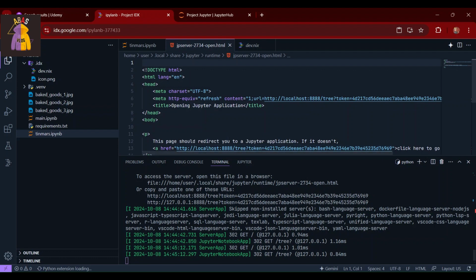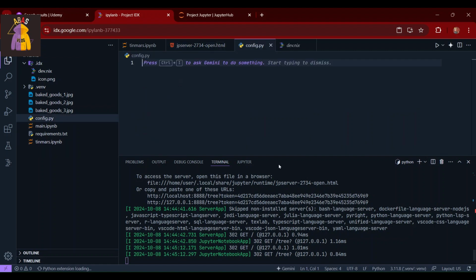So I'm going to create a file here which will be called config.py. After that, you need to enter c.ServerApp.token, like that, you need to add.